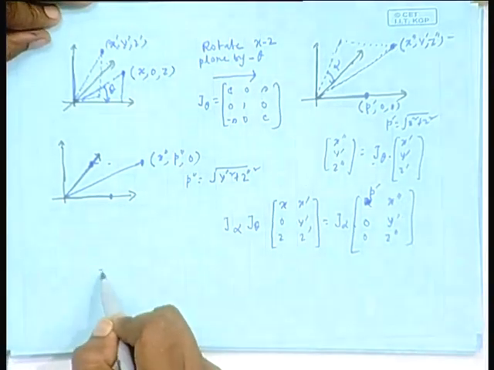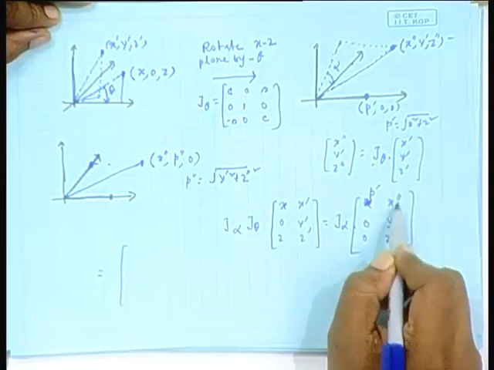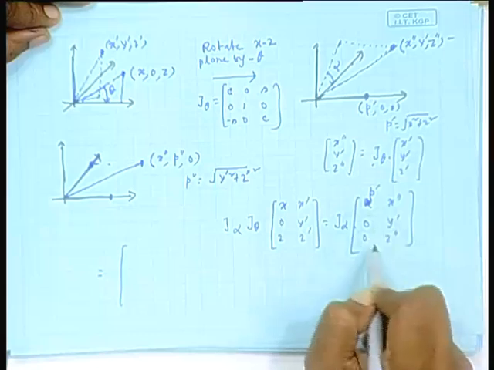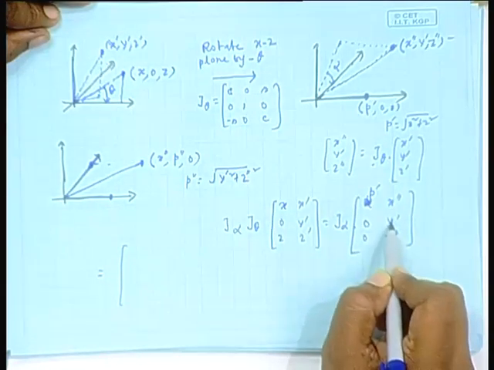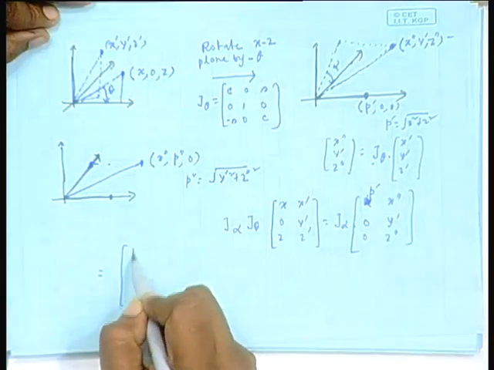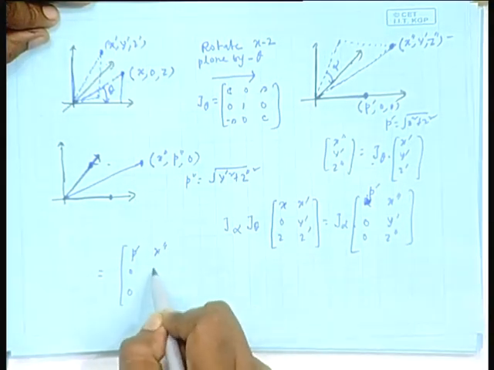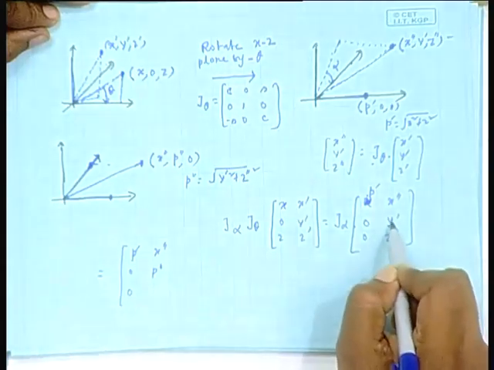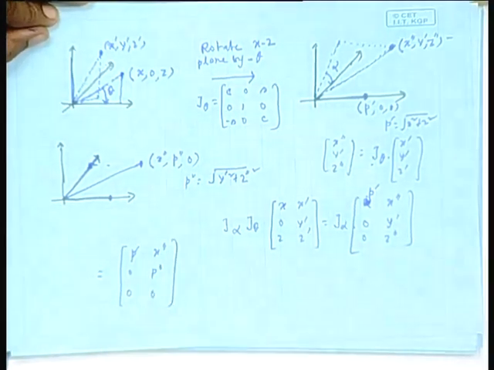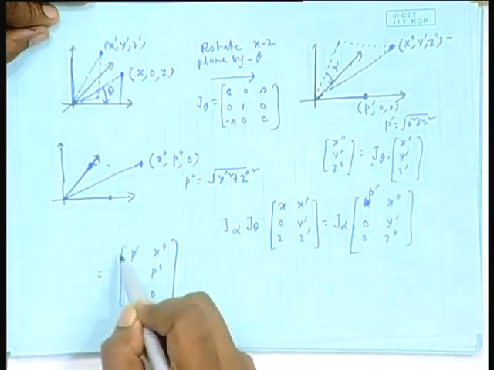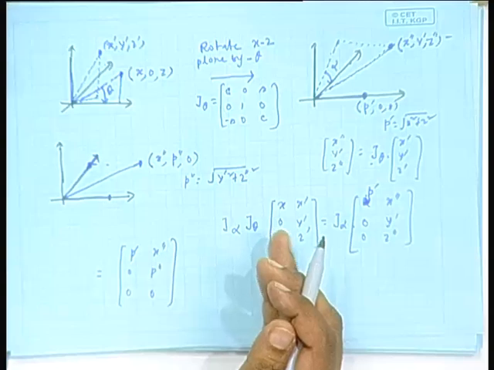And on that, mind you, this data has two zeros, but this fellow will be intact. Here what will come? P prime 0 0 x double prime, here p double prime will come, where p double prime is the square root of y prime square and this square, and this guy will become 0. So, what is the shape? Upper triangular, isn't it? And a chunk of zeros you can easily see.